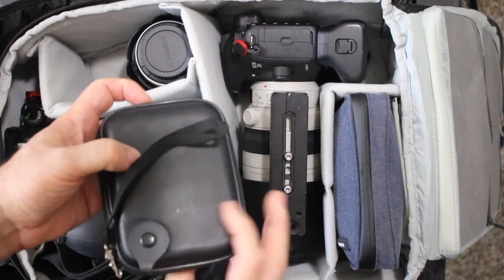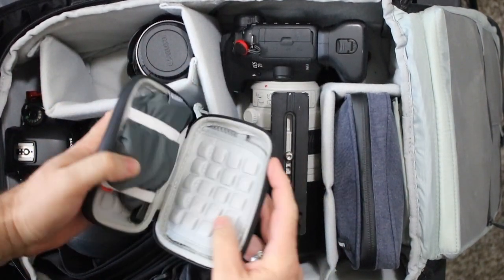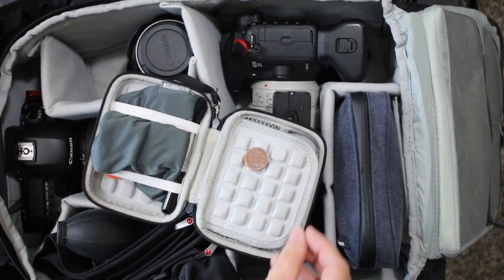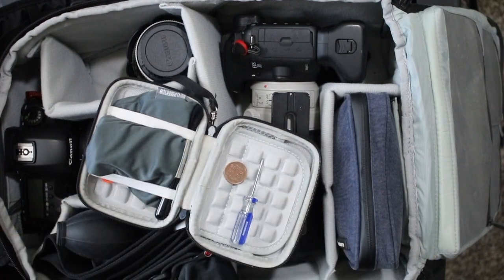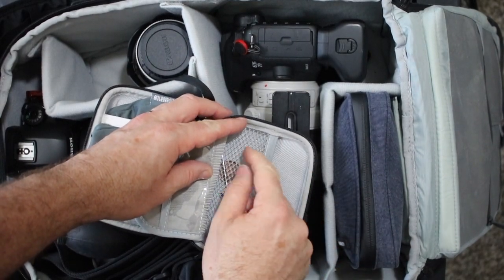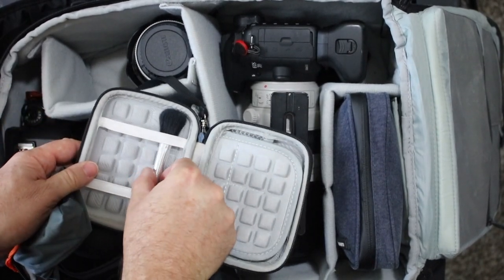Right here is another case. This is where I keep my spare tools at. When I mean spare tools, I keep a screwdriver. I also keep this coin. Now, this little coin right here is something that I use for my Benro ball head. It's to loosen and tighten it up, and so that's what that is there for. And when I'm not using my Benro ball head, I actually keep my Benro quick release clamp right in here as well. And then on this side, you can see that I have a little brush that I keep for